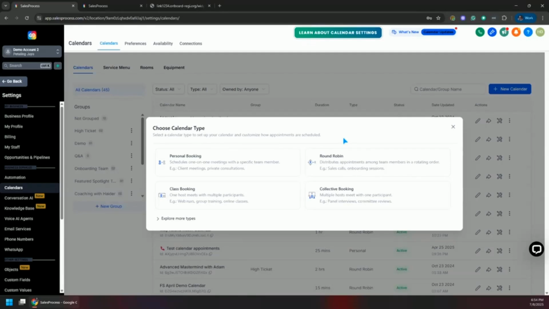Now, here comes the interesting part. I am the CEO of a business, and I want to spread my time across one-to-one booking, also sales calls, also support calls. How do I take care of that? I don't want to spend all my time in support, or all my time in sales. How do I take care of that? And I have limited hours. I can only give 8 hours a day, and I want to give support, sales, and one-to-one personal connection. How do we take care of all those scenarios with personal booking and round-robin type calendars,